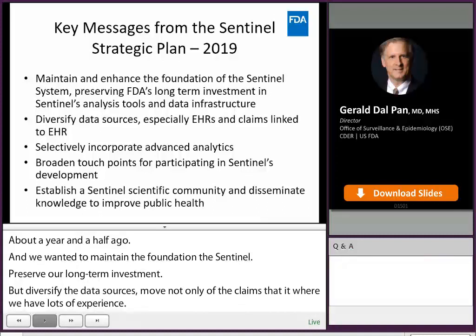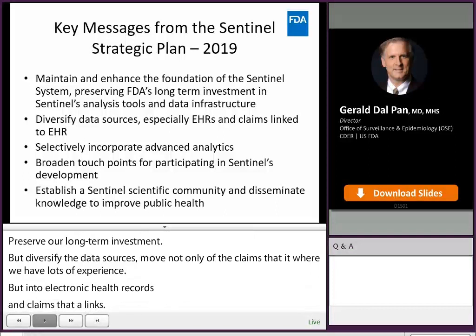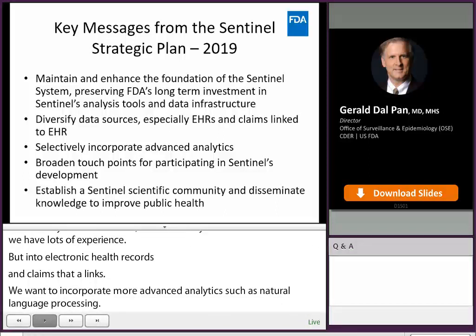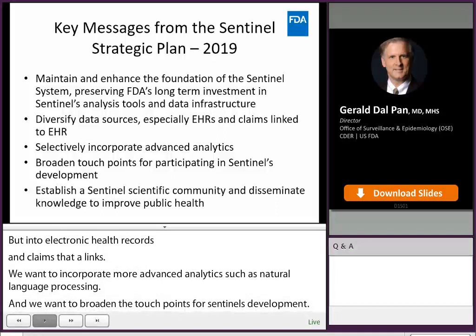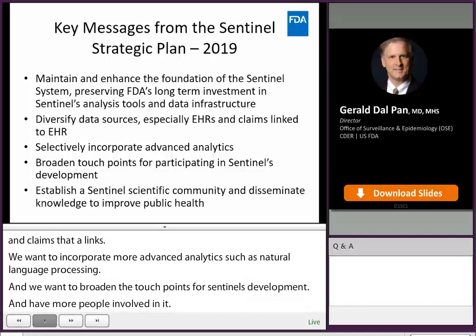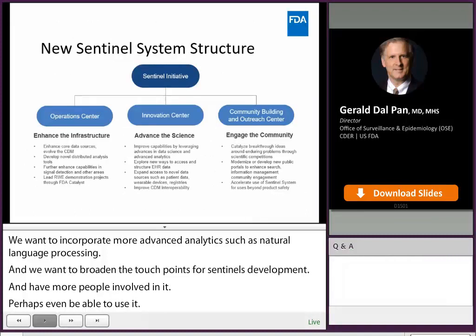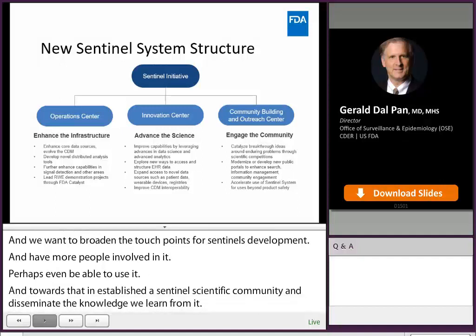We want to incorporate more advanced analytics, such as natural language processing, and we want to broaden the touch points for Sentinel's development, and have more people involved in it, and perhaps even be able to use it. And toward that end, establish a Sentinel scientific community and disseminate the knowledge that we learned from it to improve health. So in September of 2019, we awarded for the third time in 11 years a new contract